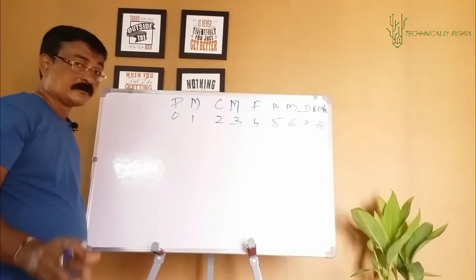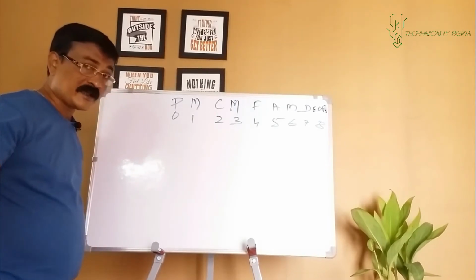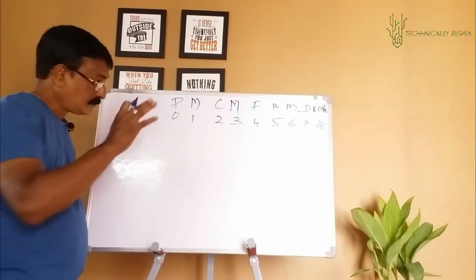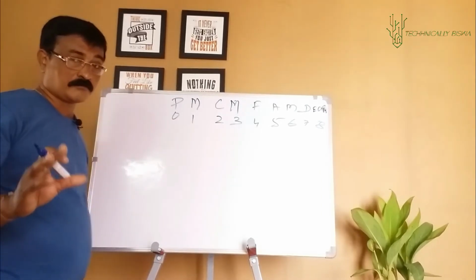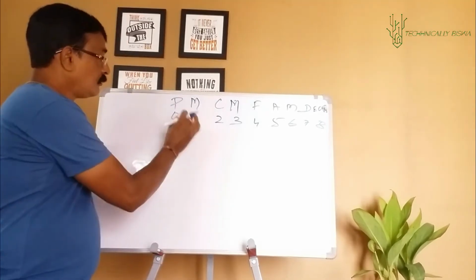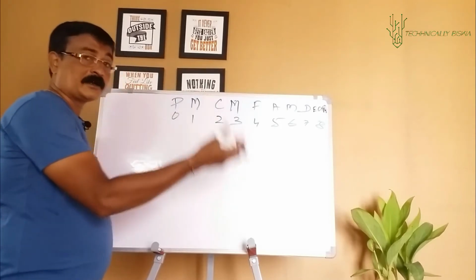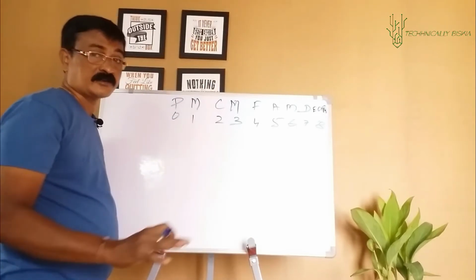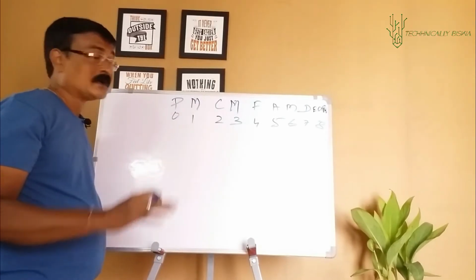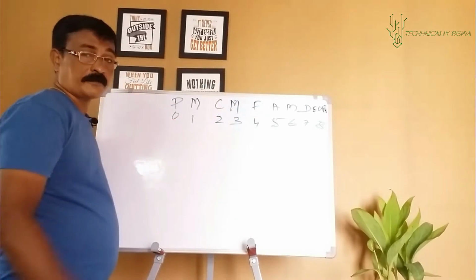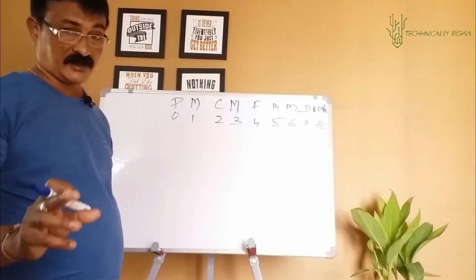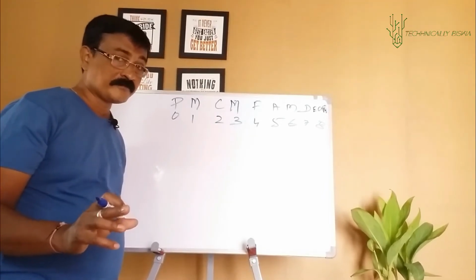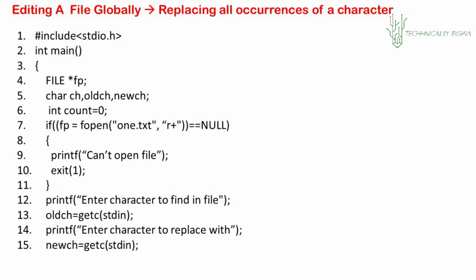Got it? Okay. I'll show you the slide, but before that, I hope you understood my question. Question is, look for one character. Wherever that particular character is found, replace it with another character. The whole program. And of course, count the number of replacements which you are doing. That is again important. Is this clear? Okay. Have a look at the slide.